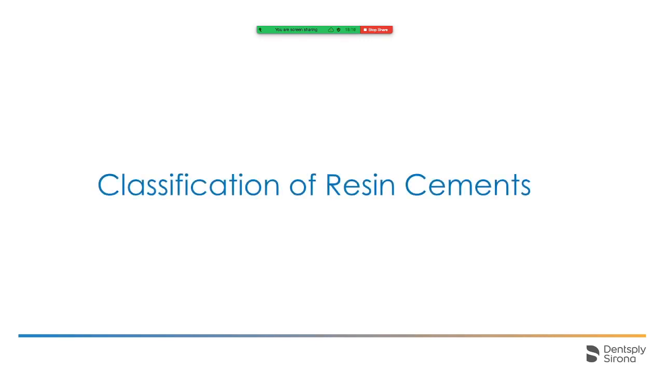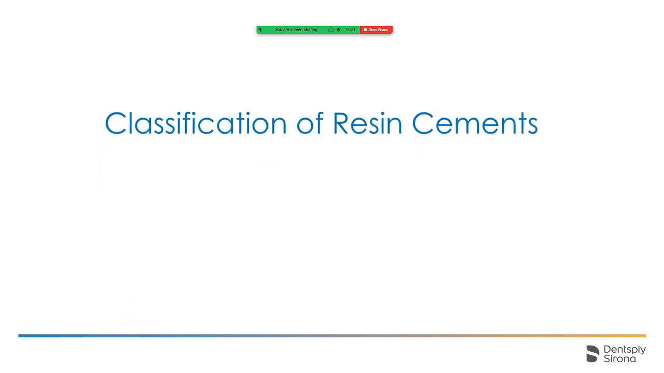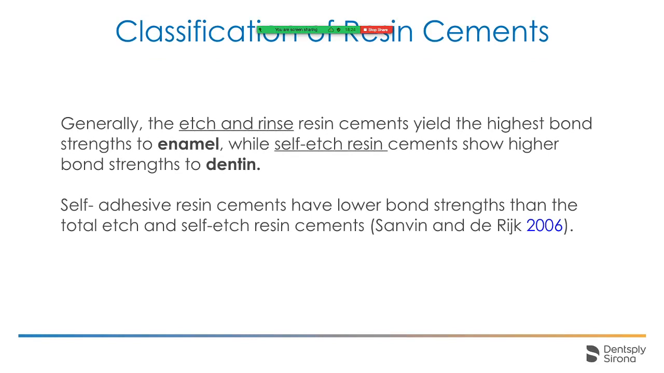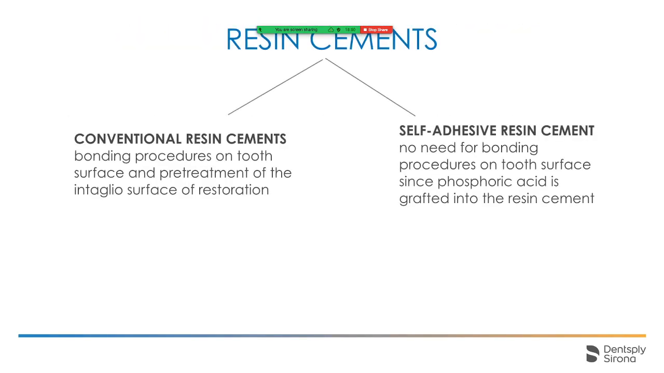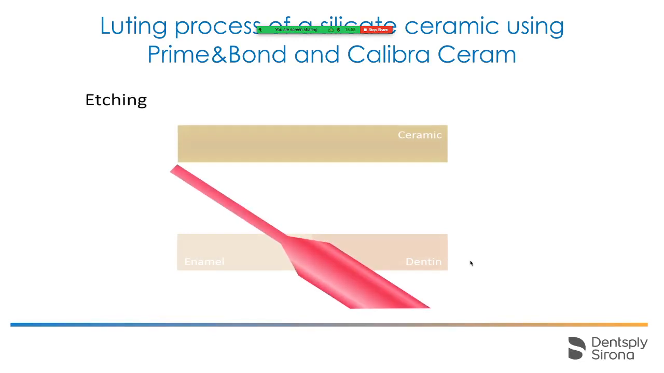Now let's see the classification of resin cements. Generally, the etch and rinse cements yield the highest bond strength to enamel, while self-etch resin cements show higher bond strength to dentin. Okay, so etch and rinse is the best, the strongest for enamel. Self-etch has higher bond strength to dentin. Resin cements, two kinds: conventional resin cements and self-adhesive resin cements. We can see this short video that explains